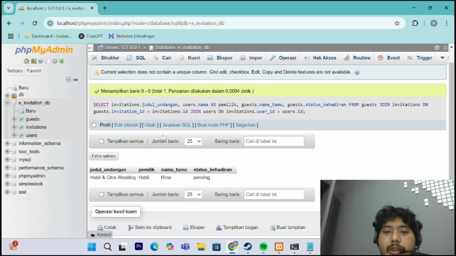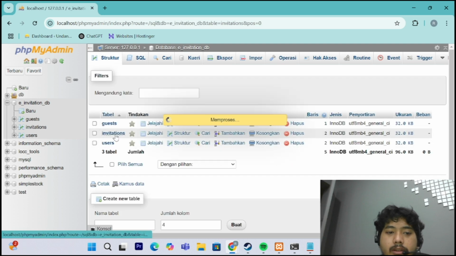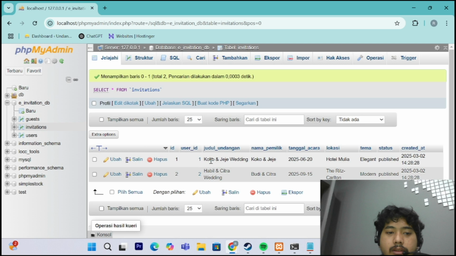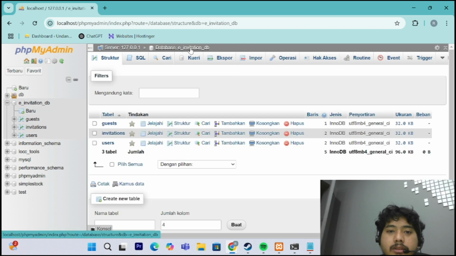I think it should be two events. Let me check again the structure. Yeah, it should be two events, but it just shows one event, so I will check the code again. Maybe I made a typo again.